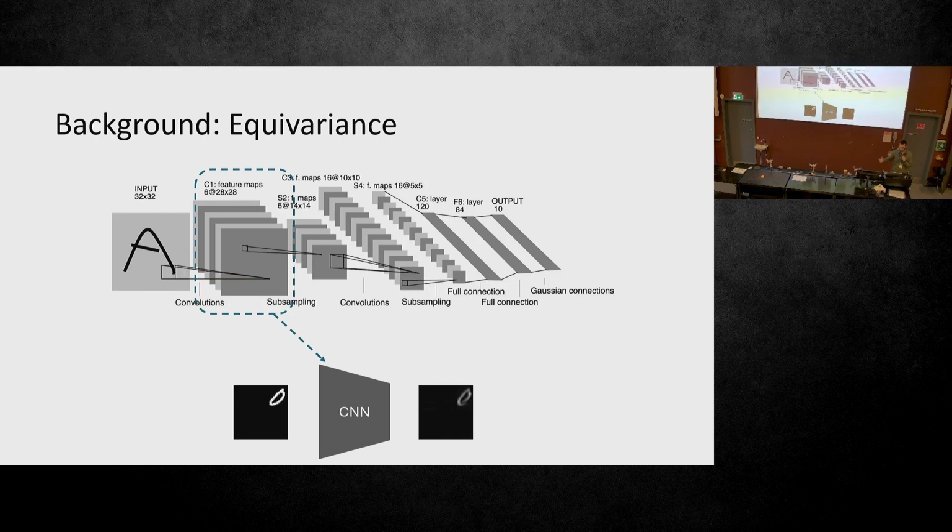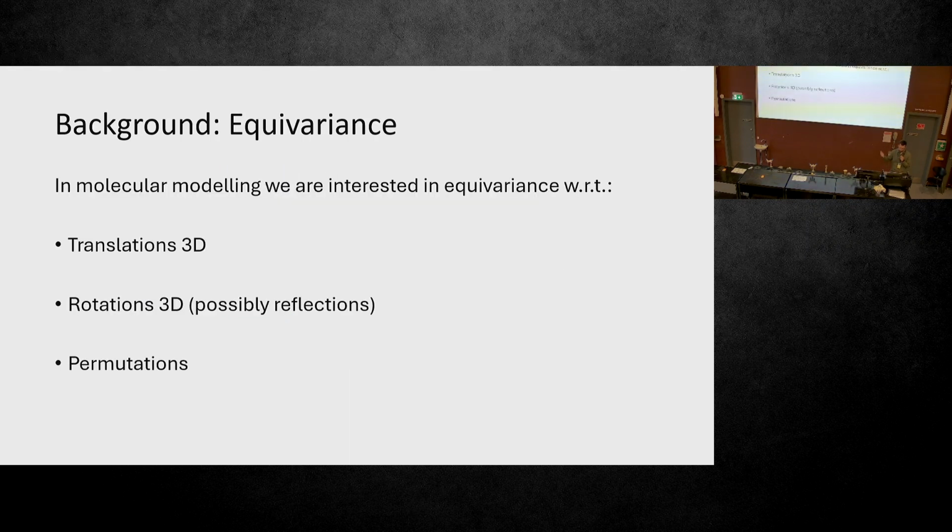So there are many symmetries in the world that can be leveraged. In images, we were interested in translation equivariance. In molecular data, we are interested in translations in 3D, rotations in 3D, sometimes reflections too, depending on the application,